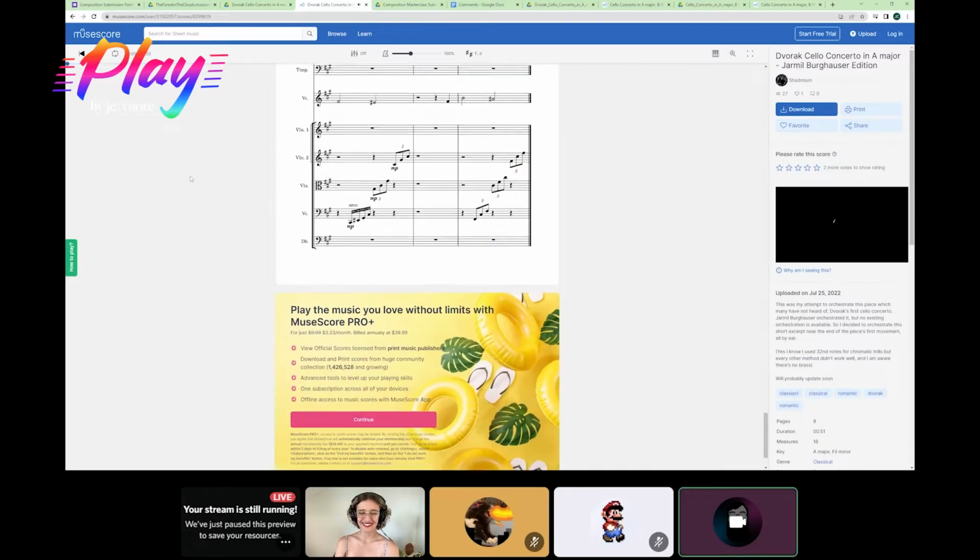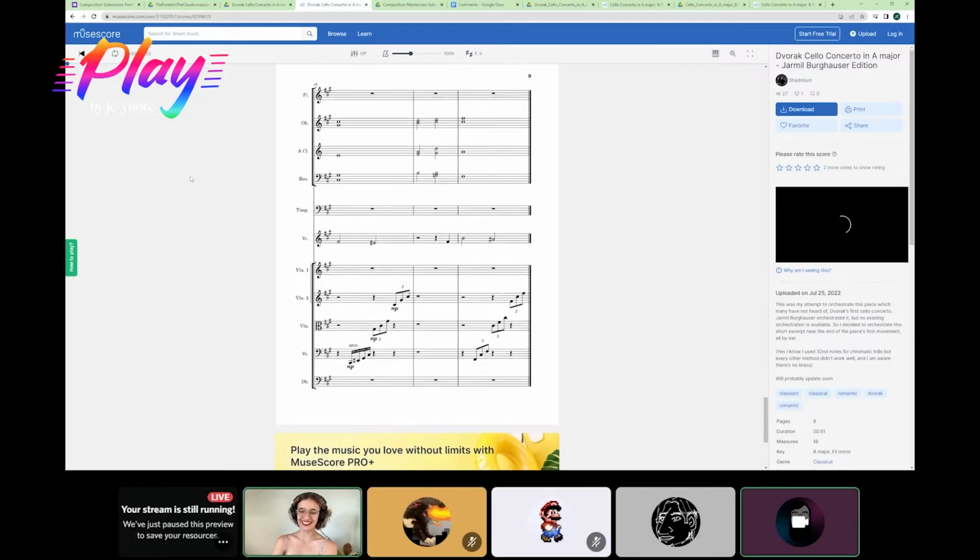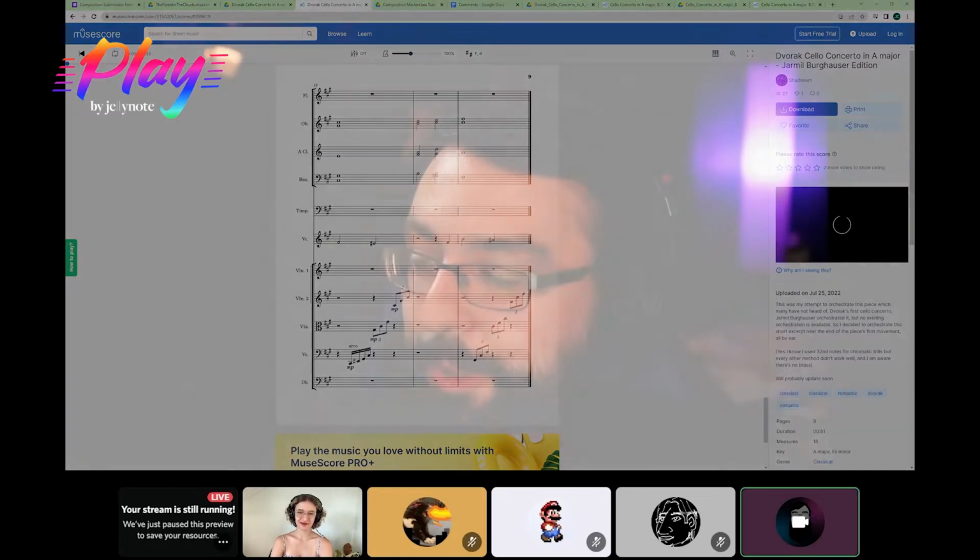All right, so that's just, again, a short excerpt. I don't want the ads. Go away, ads. So, Dana, I'll let you take the wheel on this because I imagine this is a piece you're much more familiar with than I am. So what are your initial thoughts on this?